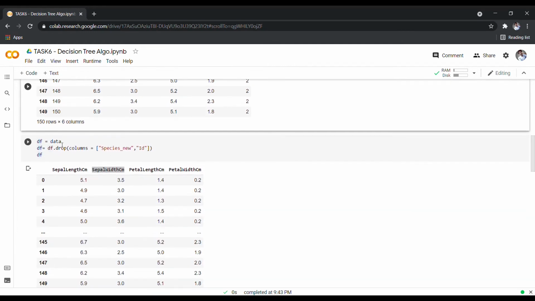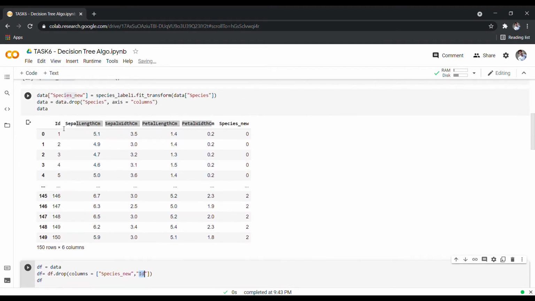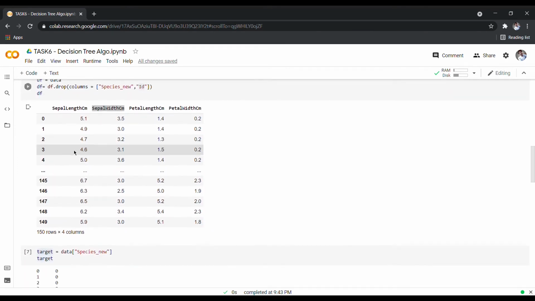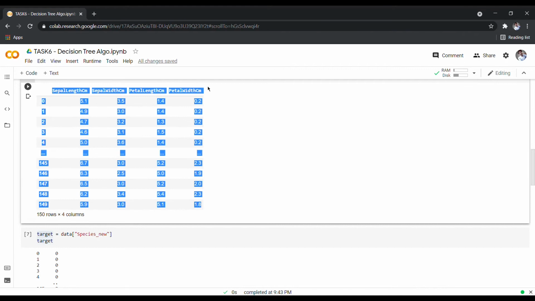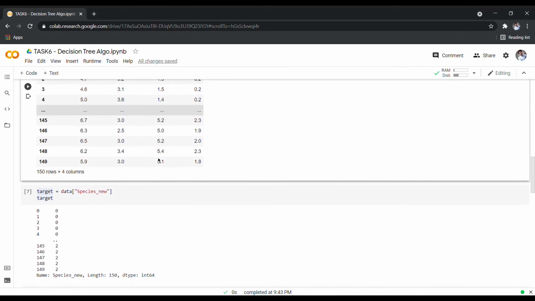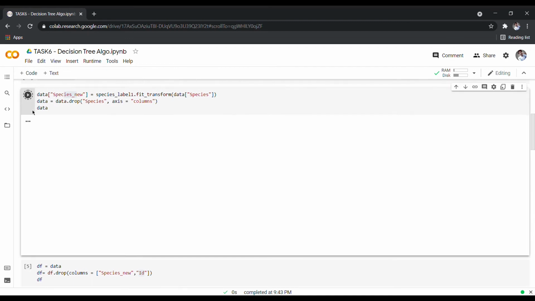For this, we'll first assign the data to a new variable called df, and drop the species_new and the id, because the id is also over here and we don't need it. After dropping both columns, we are left with these four columns, and these are the only input variables. After this, I'll run those cells again.